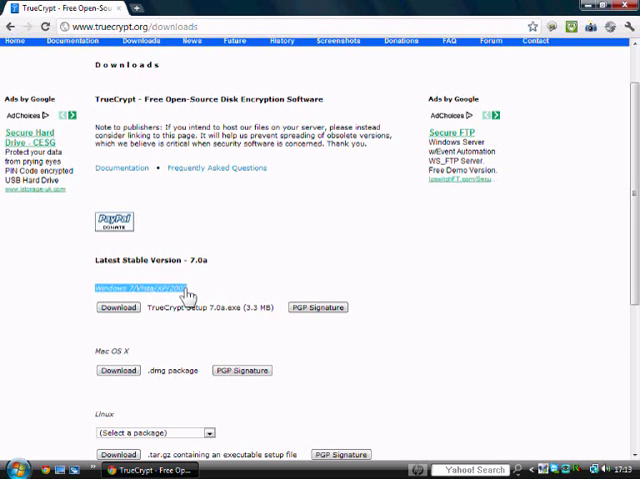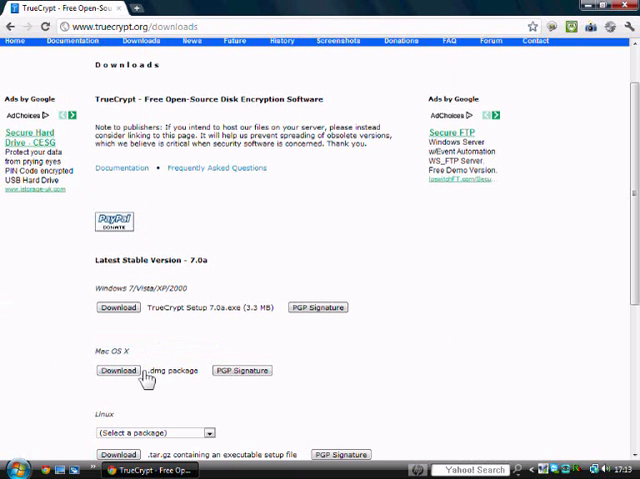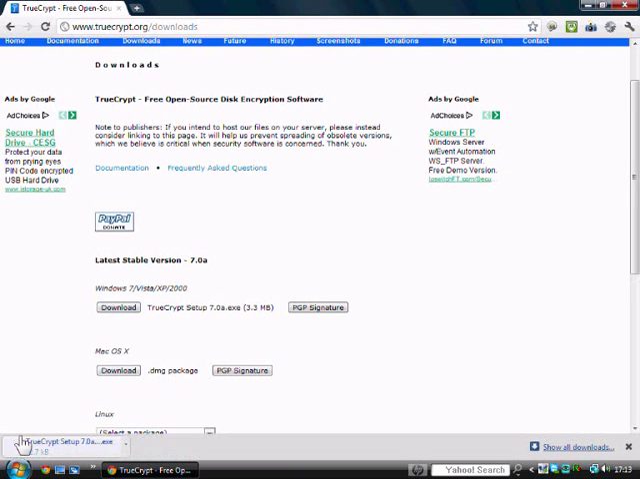This also works for Mac OS and Linux as well, and you can select the package for your computer. All that's great because you've got it on here. But obviously I'm running Windows Vista, so you need to download the correct version. Then when you've downloaded it,